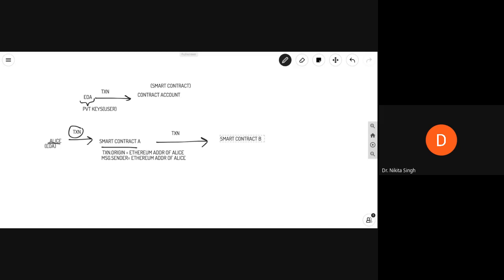Now if we do transaction.origin, we will get the Ethereum address of Alice, but if I do message.sender, it will give us the address of the smart contract.